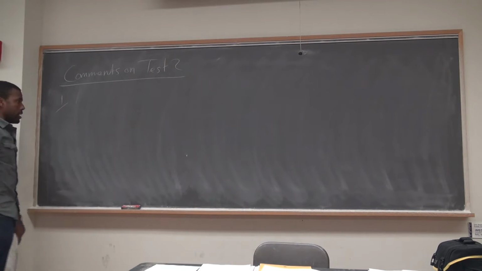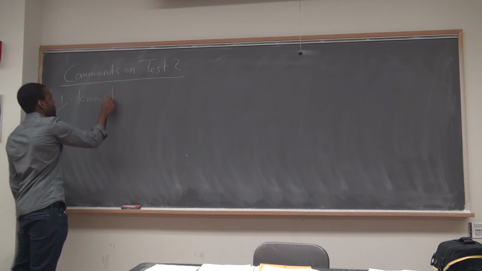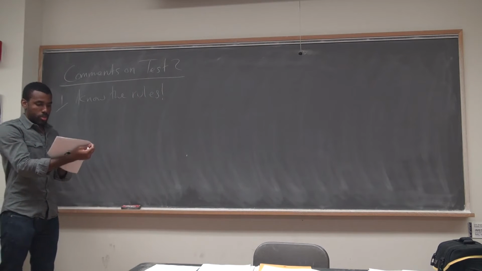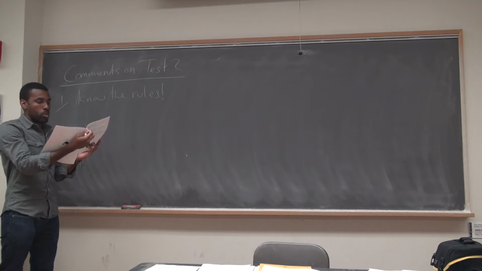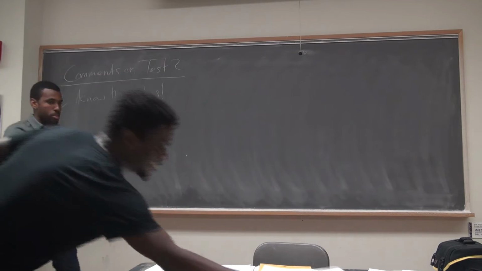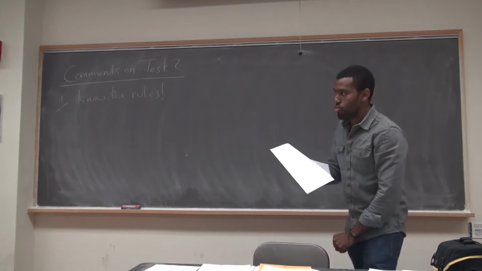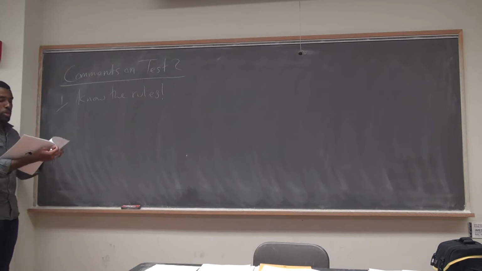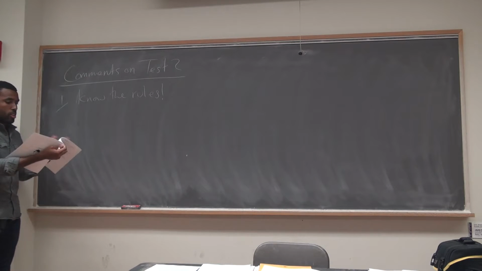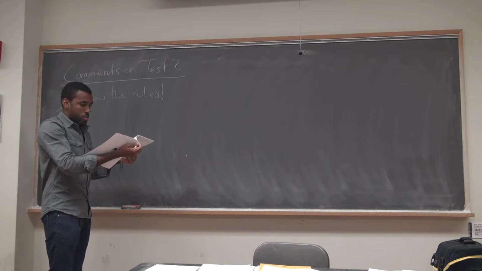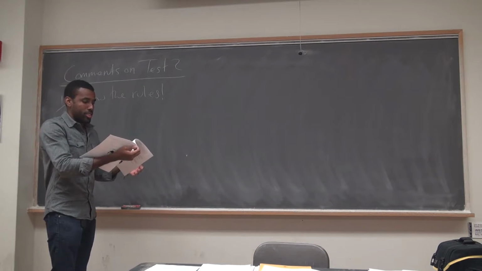And again, I sent a rant to you guys about this in email. Know the rules was the first one. In problem 4, part 1, all I asked you guys was to just write the rules down. Didn't have to do anything, didn't have to figure anything out, didn't have to calculate anything. Just write down the rules. Pretty much everyone got that wrong. There were like 2 people, one person got it all right, and then another person got one of them wrong. And pretty much everyone else messed up almost everything else.